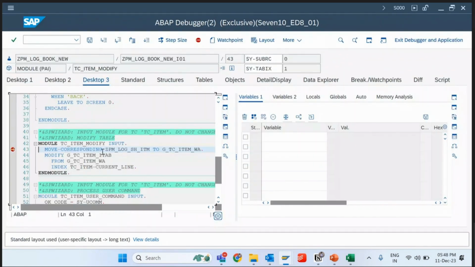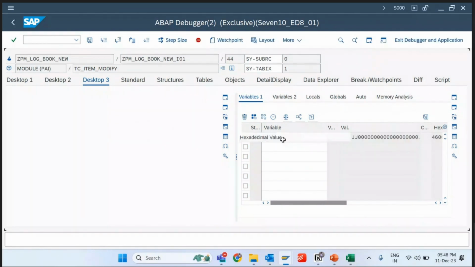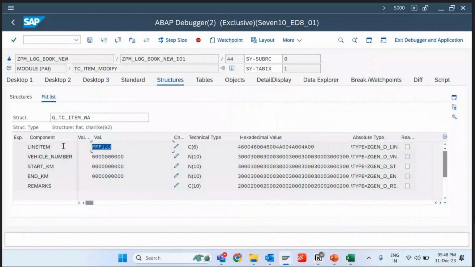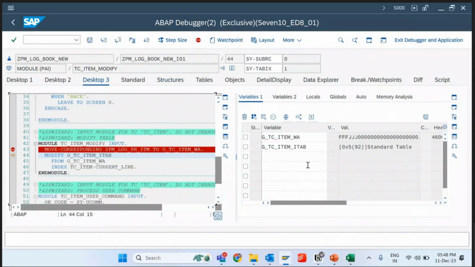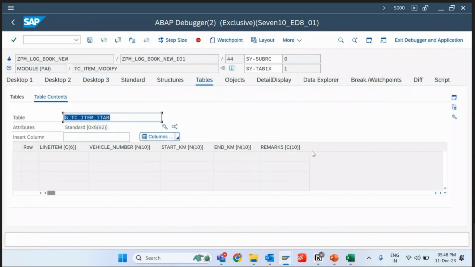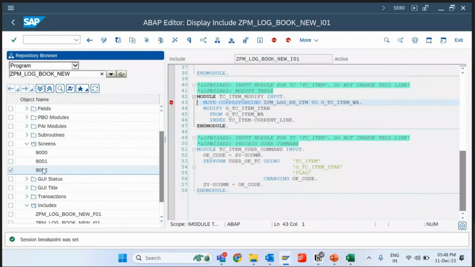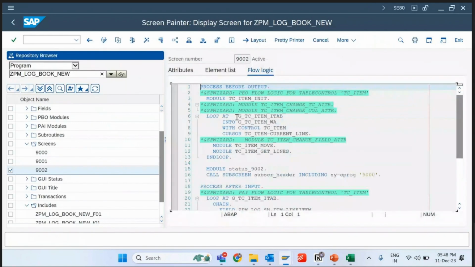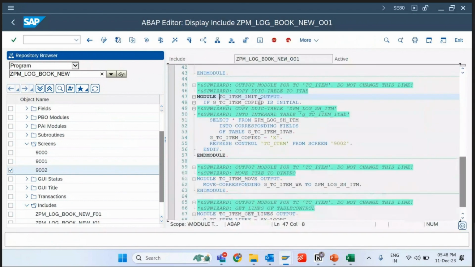Here is the modify. This is the local work area. Now it is modifying this table, but this table is initial, so no modification will happen. So what will we do? Let's go here to init, and here what we can do,